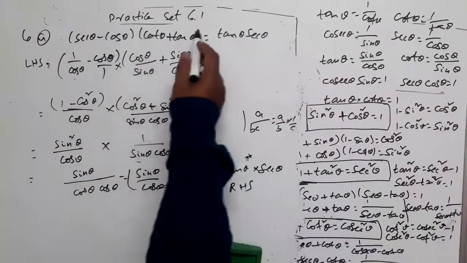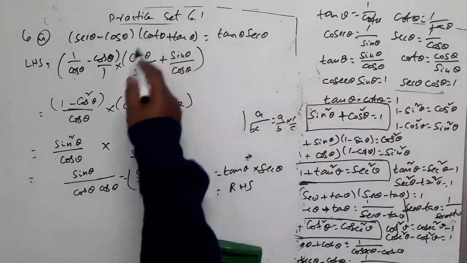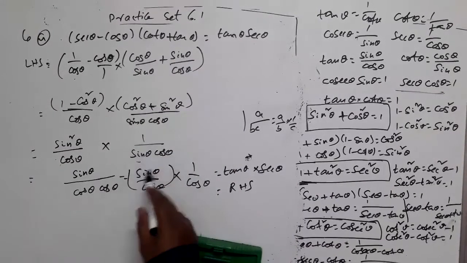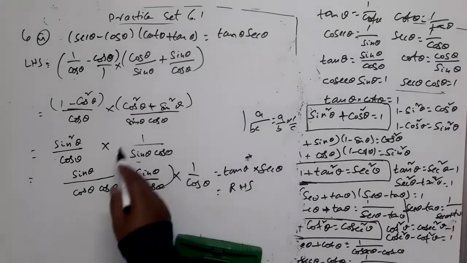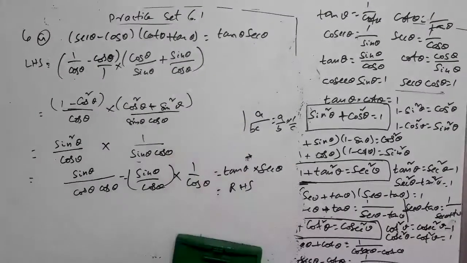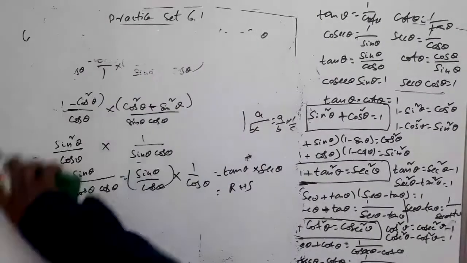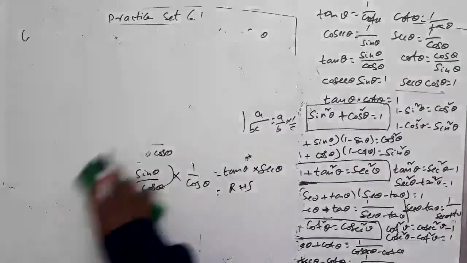Tan theta plus cot theta can be written like this. Using the first identity, this will become 1 and this will be 1 by sin theta cos theta or simply secant theta and cosecant theta. Yes. Anyway, this is fourth part. Let us go to next part. Next bit 5.